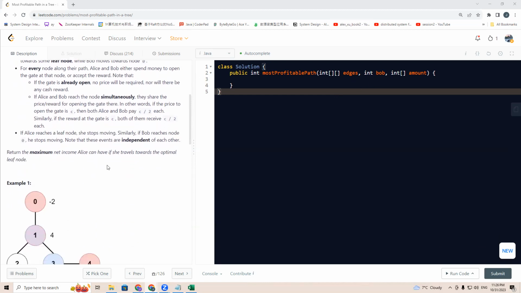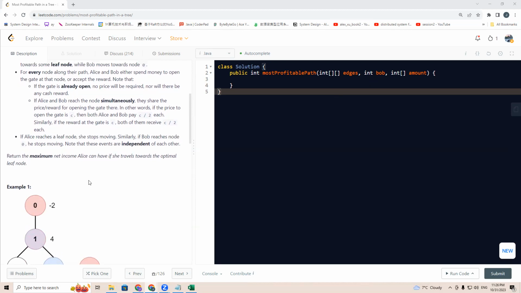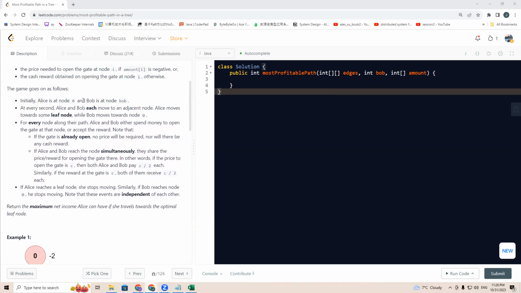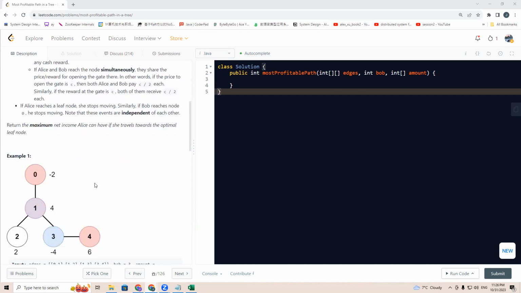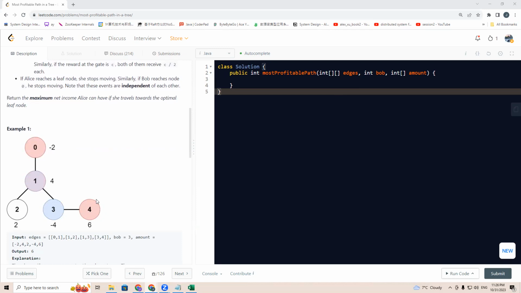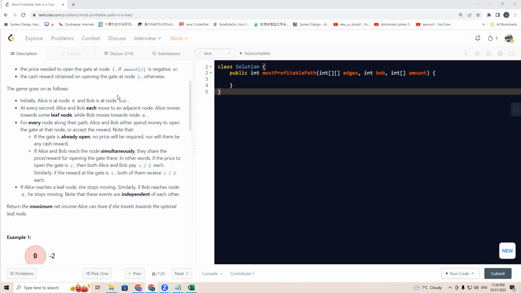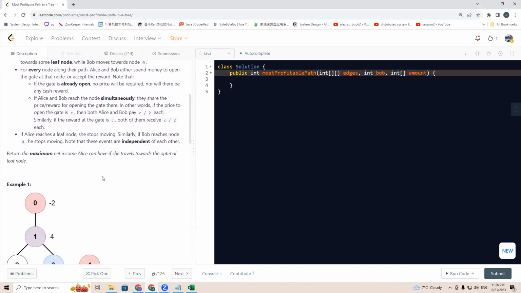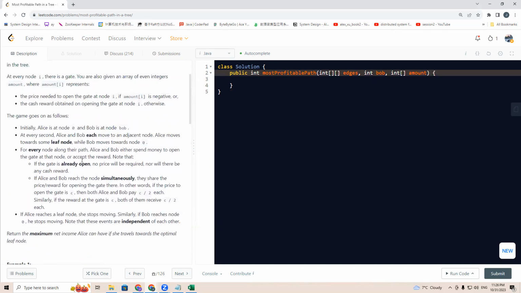Alice is at node 0, and we can consider that as the root. Actually, for a tree we can consider any node as root, right? So which one is the root doesn't matter. And Bob is at a node called bob. And it says that